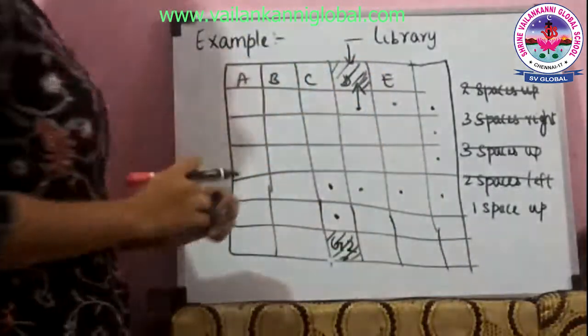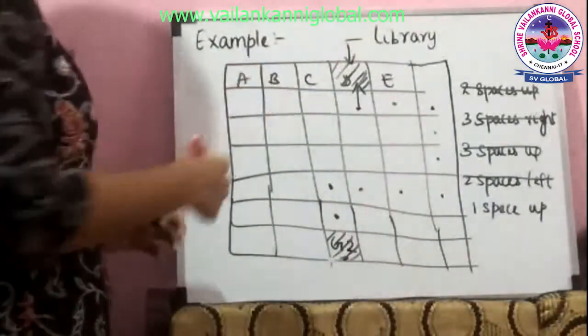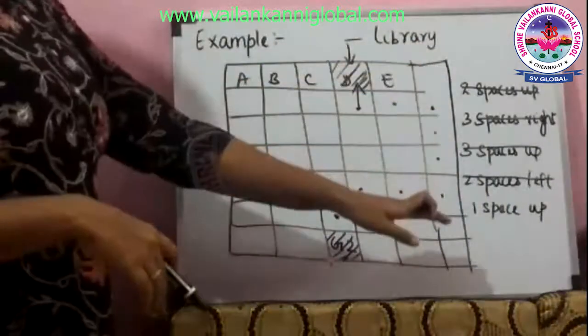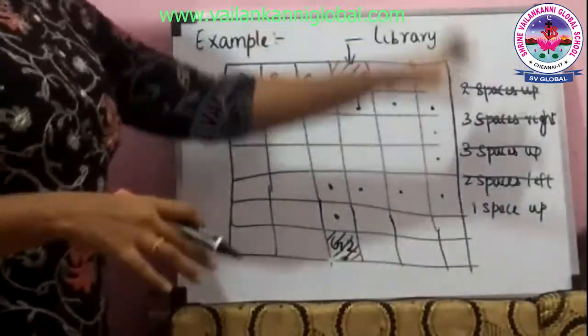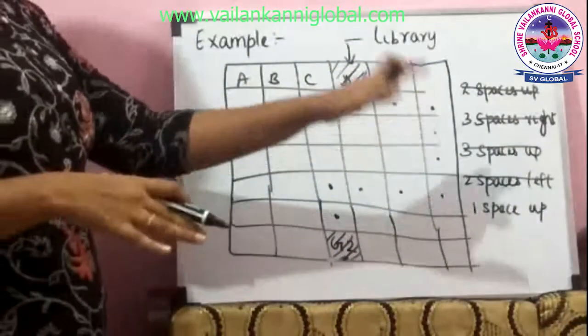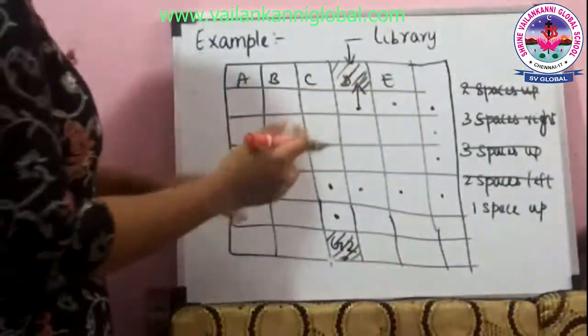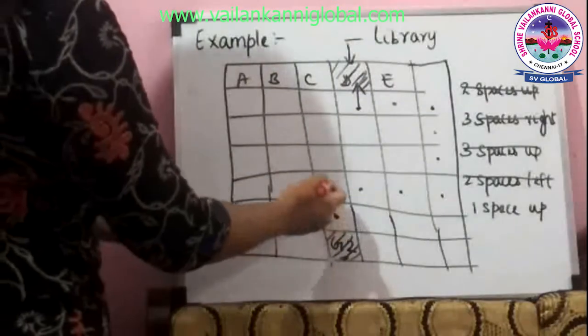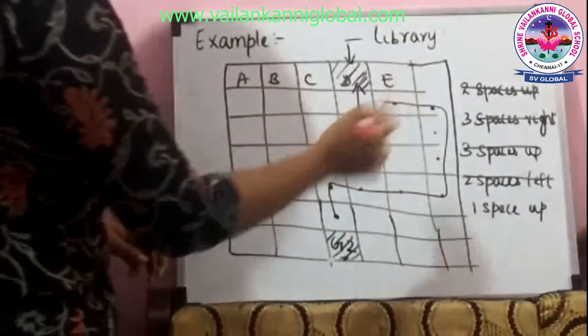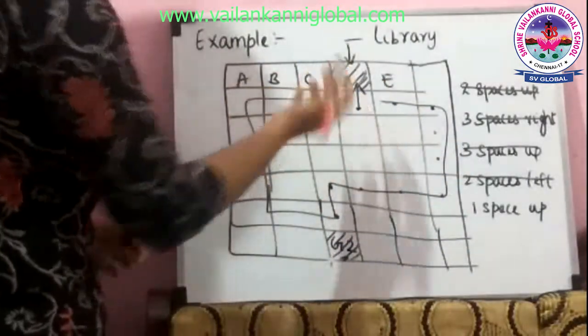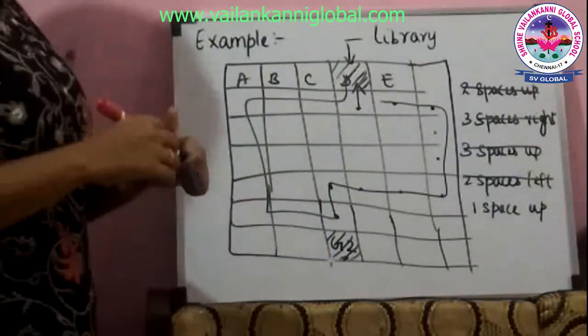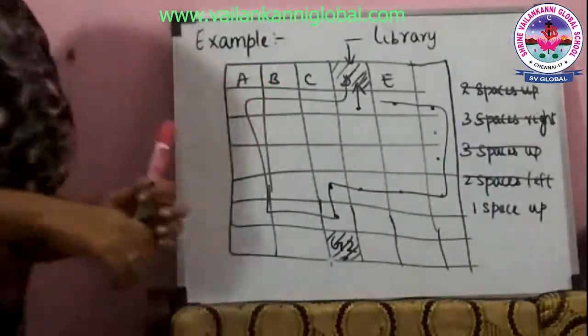So you gave the direction to go to the library. This is one set of directions. It is not that this is the only direction they have to follow. It may be the other way. You can also tell them, now we went like this, but we can also go like this. So directions may be of any type.